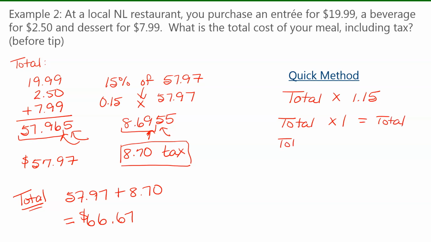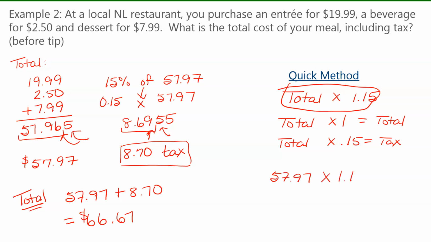And then if I take the total and I multiply it by 0.15, I'll get the tax. So by doing it all in one step, I'll get the total and the tax together. So I can take my total, which is 57.97, and I can multiply it by 1.15, and that will give me